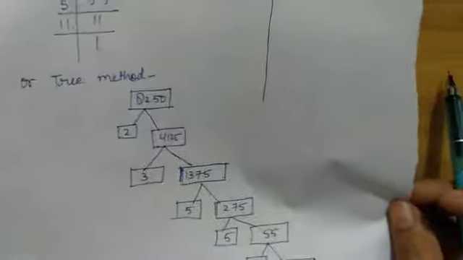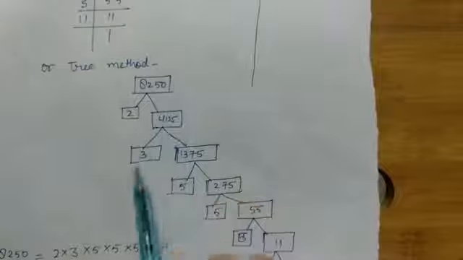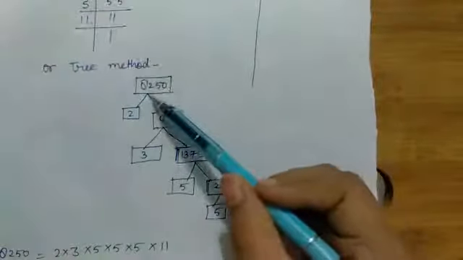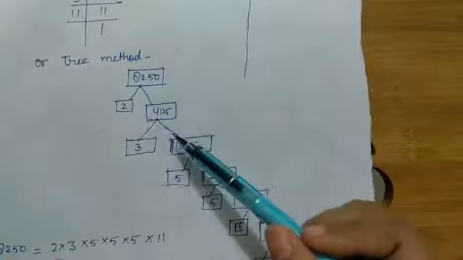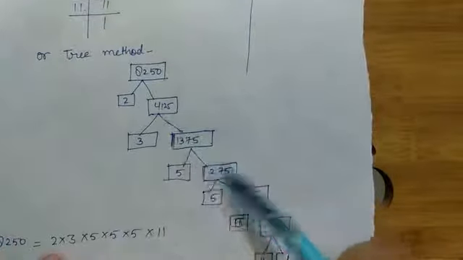Now I am talking about the tree method. What is a tree method? A tree method is just like this is the tree and we are showing the branches, like these are the same numbers which I have written, like 8250. Then we take 2 to divide it, we got 4125. Then we take 3, we got 1375. It is just written in the branches of a tree.